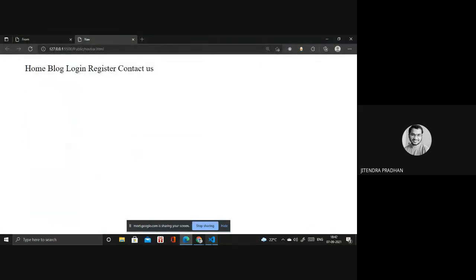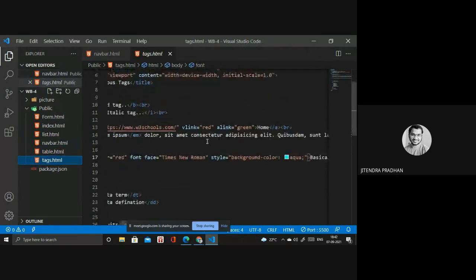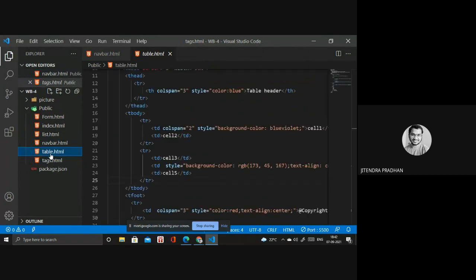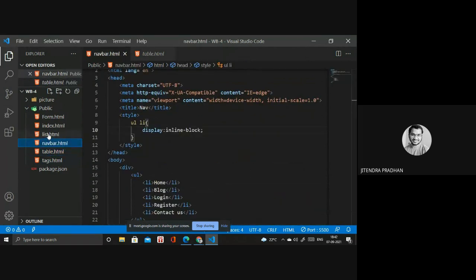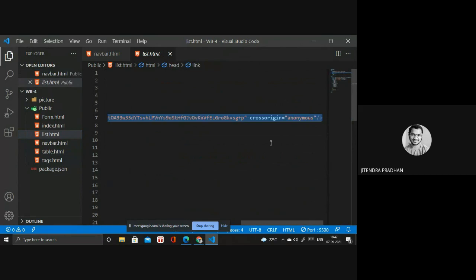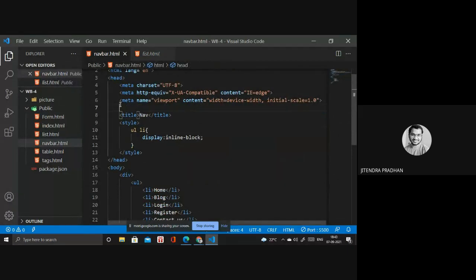So I need to put some font HTML inside that. I think I will design something with a font. Before that, I will copy that font link, then I will paste inside that. Yeah, this is a font item. Okay, font stylesheet link, so I will copy. You can go to any particular browser and search for the font from the stylesheet link, then you get all this. I need to put it in that head section.